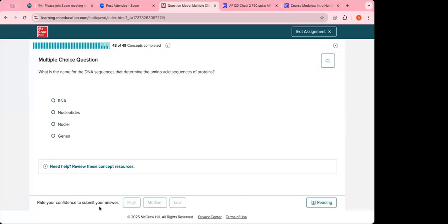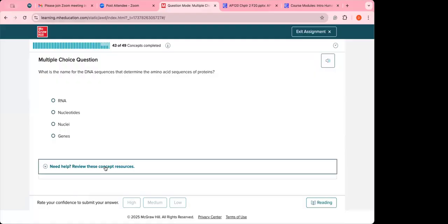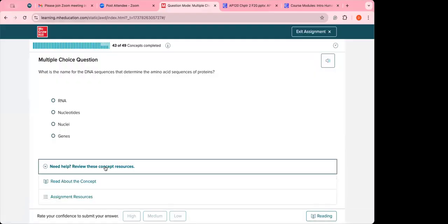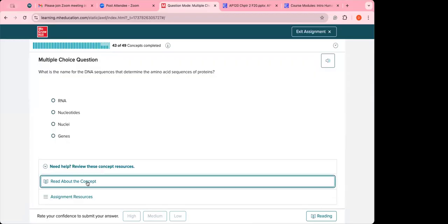What is the name for the DNA sequence that determines the amino acid sequences of proteins? The name for the DNA sequences that determine the amino acids for proteins. Okay, you can go back and look this one up. So we have to go to